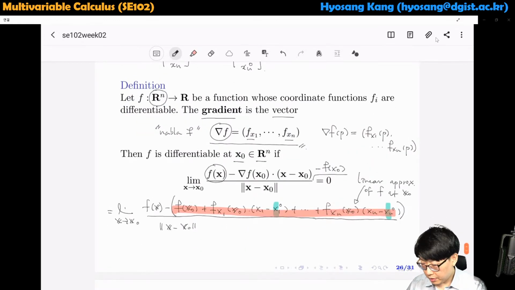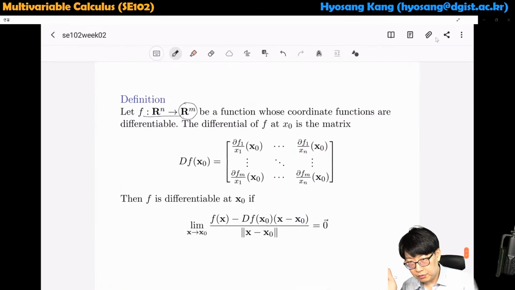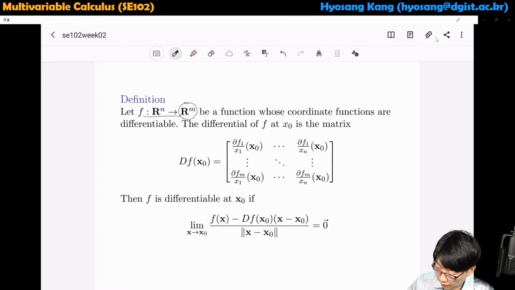so similar to the original definition, but now it becomes interesting when you also generalize to the most general form of multivariable function, which means that your value of function is not just the single value of real number, but it's a pair of real numbers. For example, if you have a function from Rn space to Rm space, then we say that